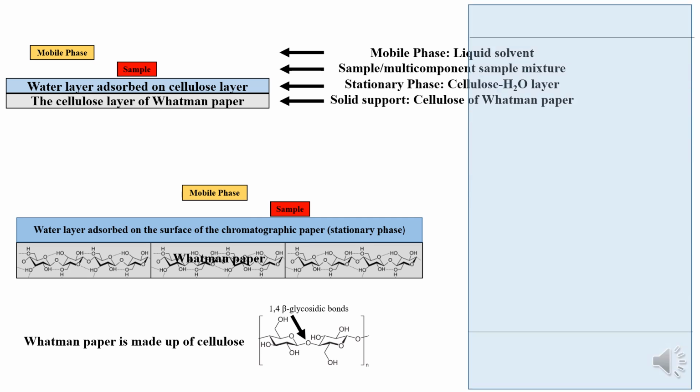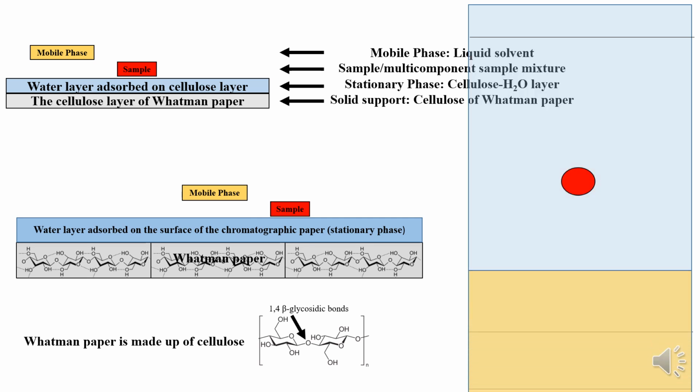So we have a stationary phase, which is a water layer adsorbed on the cellulose layer of the Whatman paper. A baseline is drawn at the lower end of the Whatman paper, which is around 1 to 2 centimeters. And a reference line is drawn at the top of the Whatman paper for the solvent front. Now the sample is applied on the baseline,